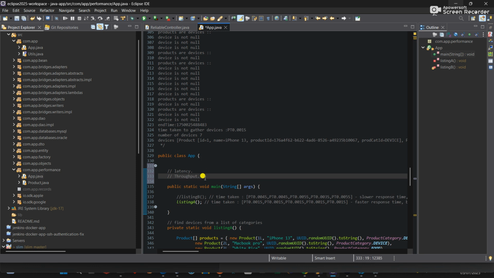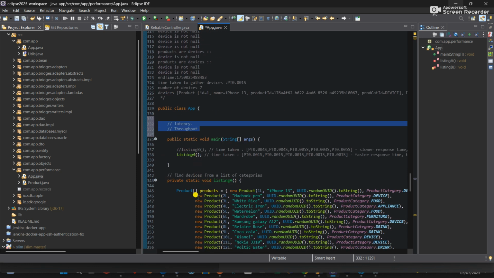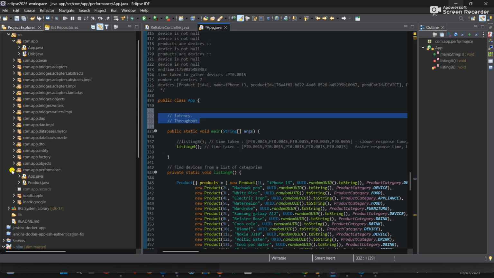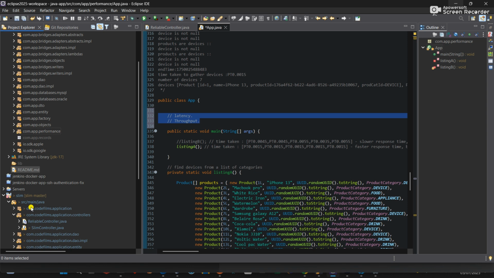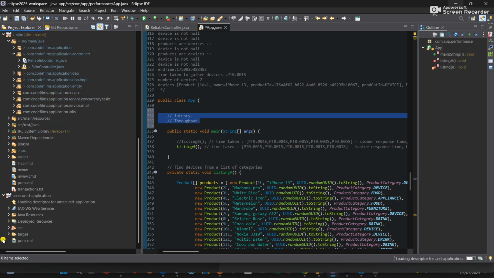Throughput. So these two words will be buzzing a lot when we go into performance. Then we have some processes here that we'll be looking at. And lastly, for the security bit of it, we have an unsecured application that we haven't actually started anything yet,